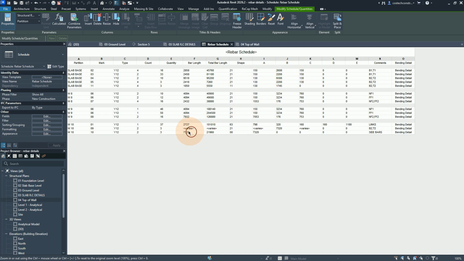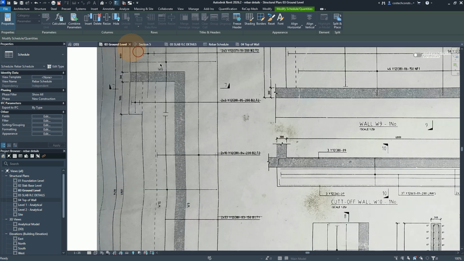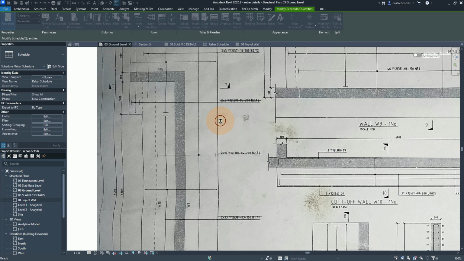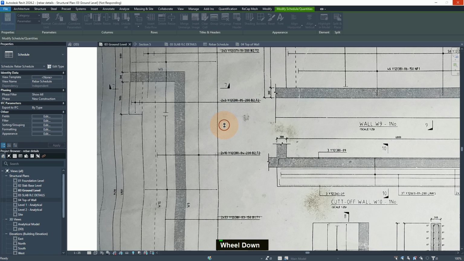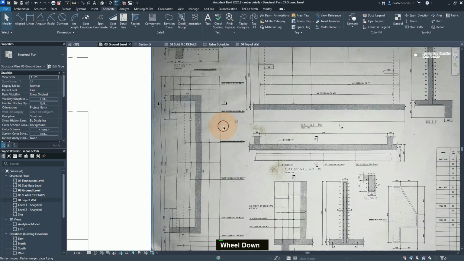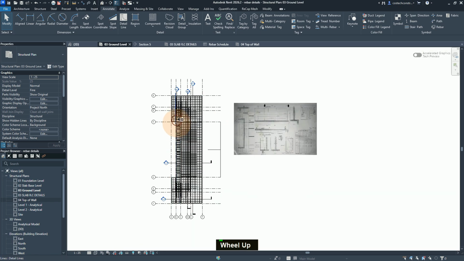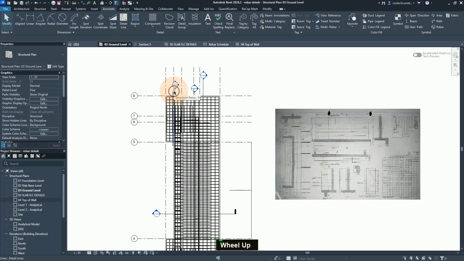We also have another varies at wall 10. So I'll go to a section that can show me wall 10, which is the beam. I'll go to my ground level view, and let us save the project. We can select a section that will be able to help us view the beam. So from here, we have this section, but we are not able to view the beam. So we can go to the view tab,